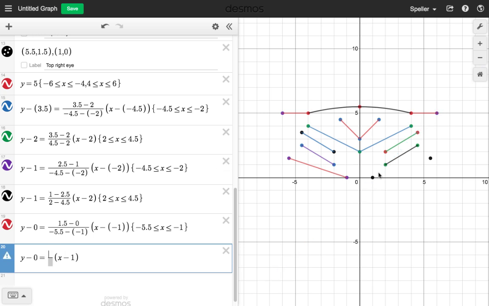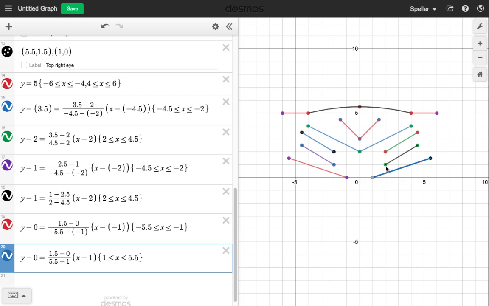All right, and then let's look at these one more time. All right, let's do 1.5 minus 0 for the numerator, which is our y value. And for our denominator, we're going to take 5.5 minus 1. All right, and then we're going to place in our domain, and that domain is going to match the two numbers that we have here, which are going to be from 1 to 5.5. So 1 less than or equal to x less than or equal to 5.5.